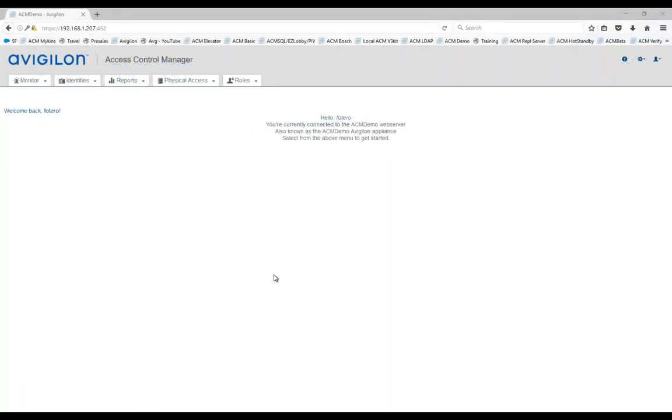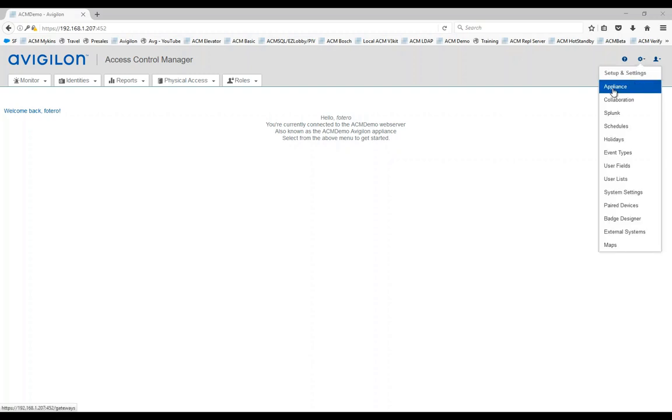Okay, now that I'm logged in to ACM, this is version 5.10.2. Once again, by default, you will have at least one virtual station. In my case, I have a license that gives me a few virtual stations that we can work with. So the first thing you need to do to start creating those virtual stations is go up here into Appliance